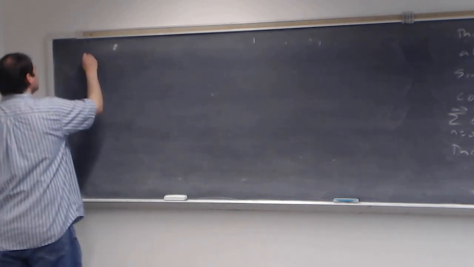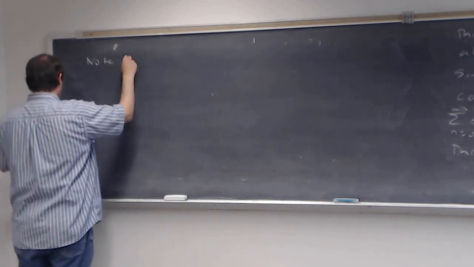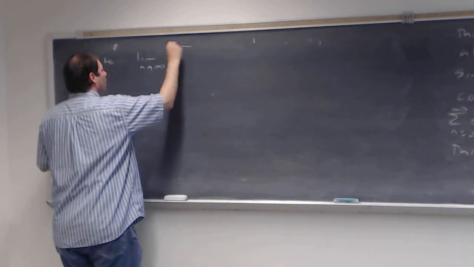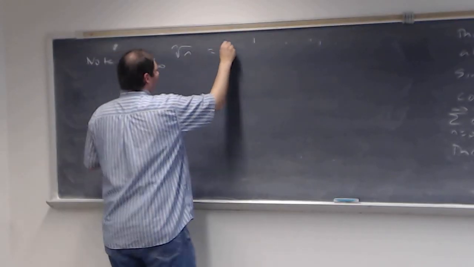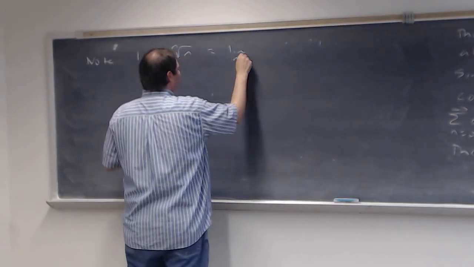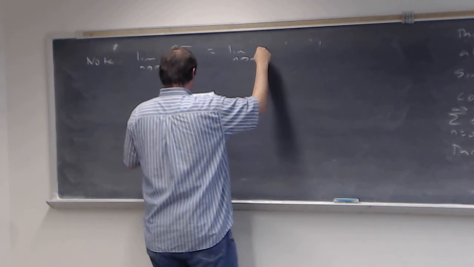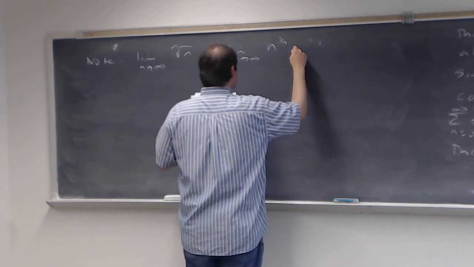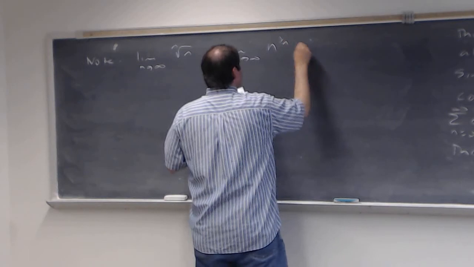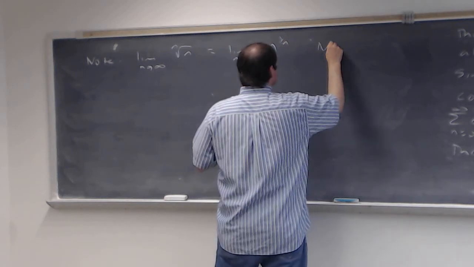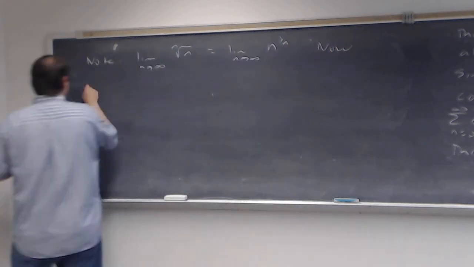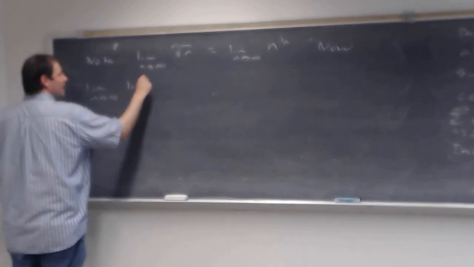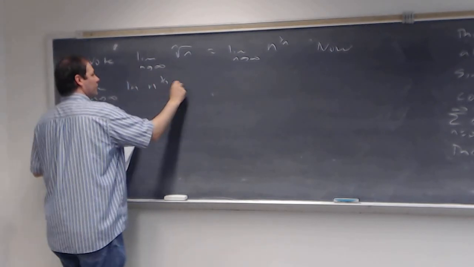Okay, note that the limit as n goes to infinity of the nth root of n, which we've done this before, I believe, is the limit as n goes to infinity of n to the 1 over n. And then we consider the limit as n goes to infinity of ln of n raised to the 1 over n,